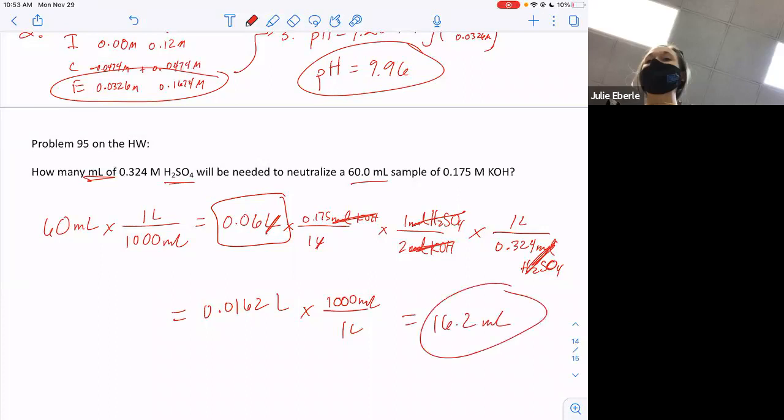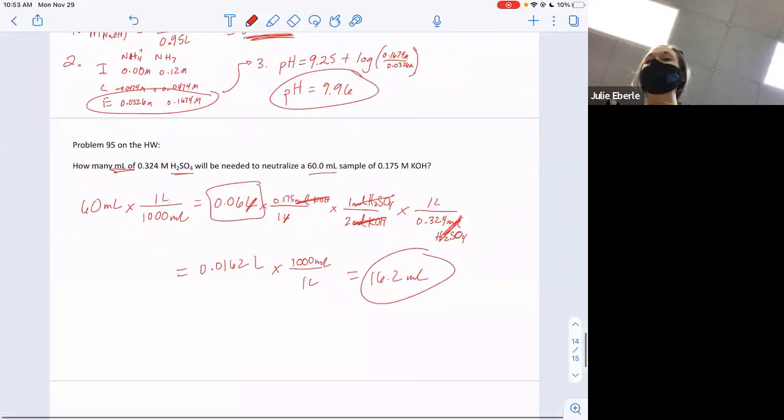Your answer there. So this is very similar to our titration problem. Not quite the same, but this is using molarity as a conversion factor. And this was an acid-base reaction. So I think that's about all we